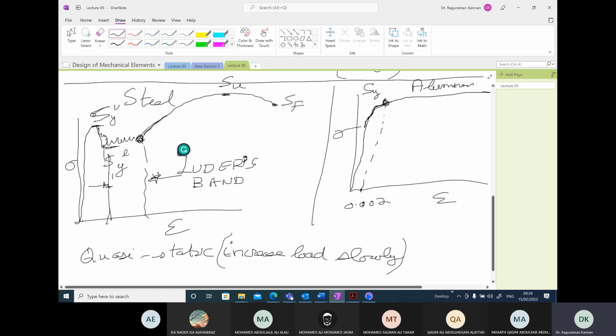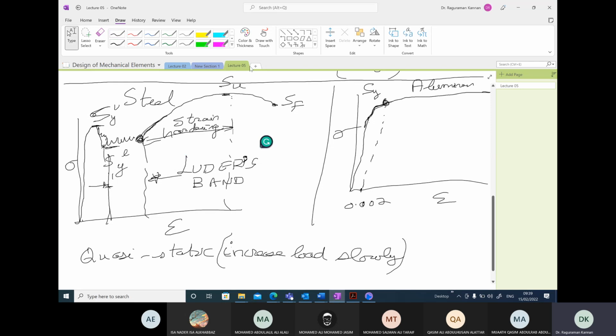To cause any slip, now we will have to increase the load. Okay, so this region is the strain hardening region. So this should be enough, and then once it reaches necking,